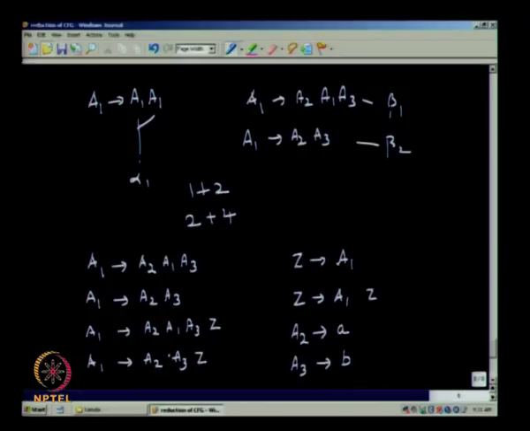Now, we have to convert this into Greibach normal form. Again for this which one will you use, lemma 1 or lemma 2? Lemma 1, because on the right hand side you are having A2, this could be easily replaced by the small a. So, in each of these 4 rules you can replace A2 with A. So, at the end of step 4